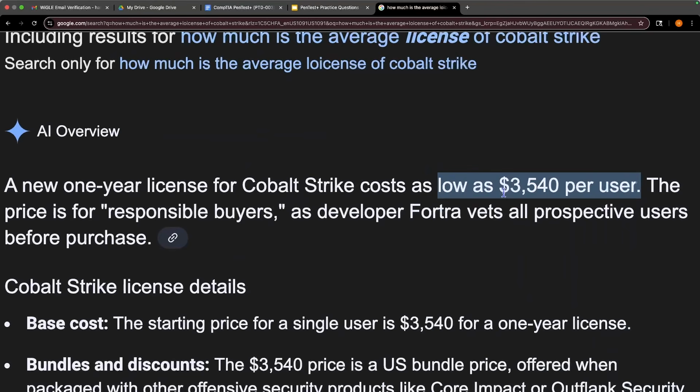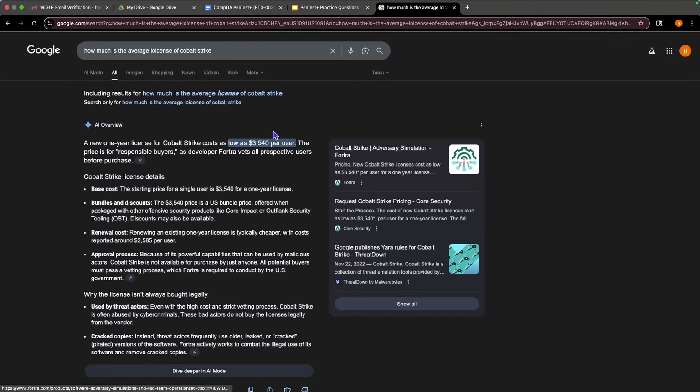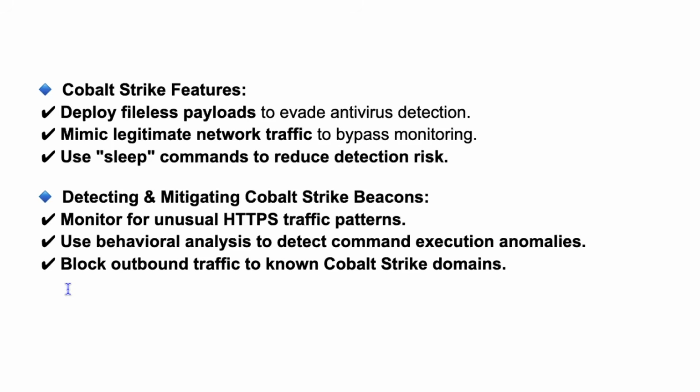$35.40 is not that bad relative to the power that this thing has. So just a couple of quick bullet points here. Some of the key features, because you just saw that there's a bunch of things you can do. It deploys fileless payloads to evade antivirus detection, meaning that there are no files that can be downloaded